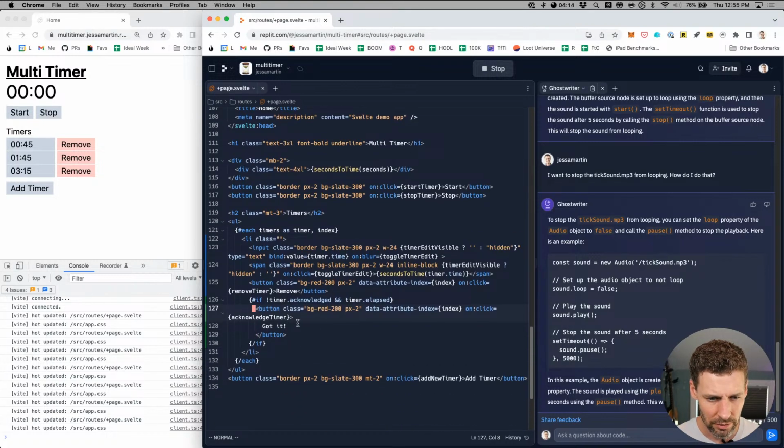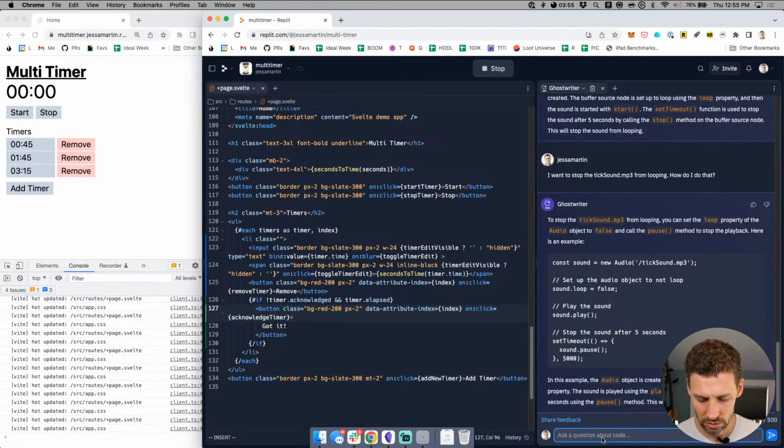Now the problem with that is it doesn't know what timer. So ideally I would pass in timer, but that calls this method when the page is rendered, which is not what I want.